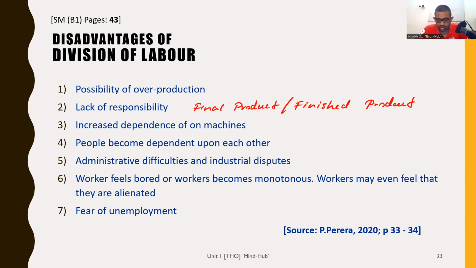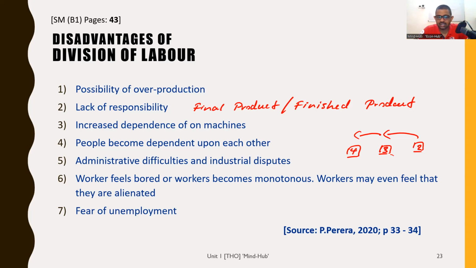Problem becomes, people become dependent upon each other. True, no? So in that pin factory example, if in stage 2, the job is not done properly, then we can't expect the job to be done in stage 3. If stage 3 doesn't do the job because stage 2 doesn't do the job, then stage 4 is affected because of that. Likewise, it's interconnected. A chain reaction is there when one thing breaks down.